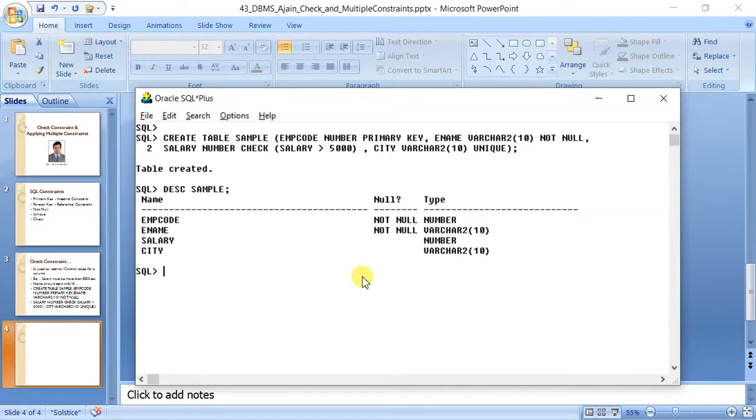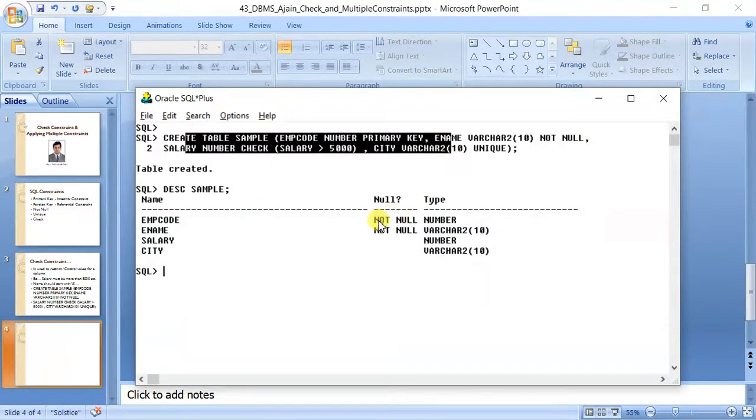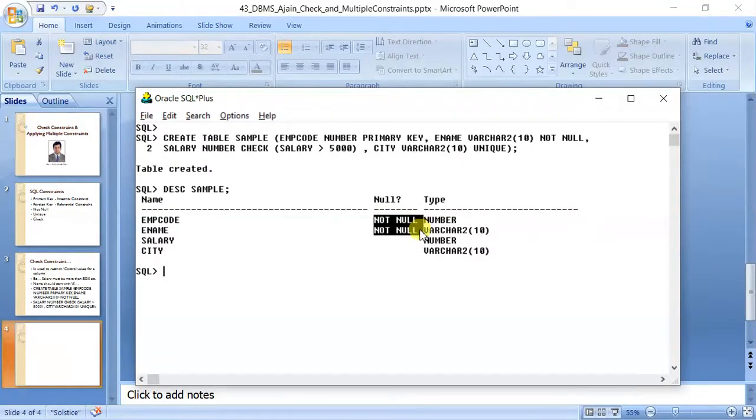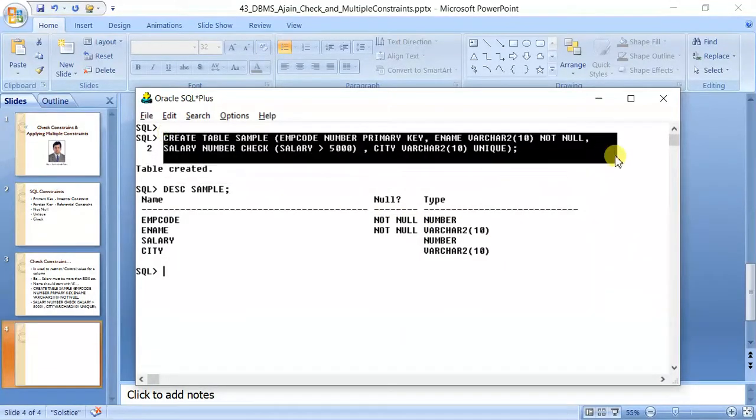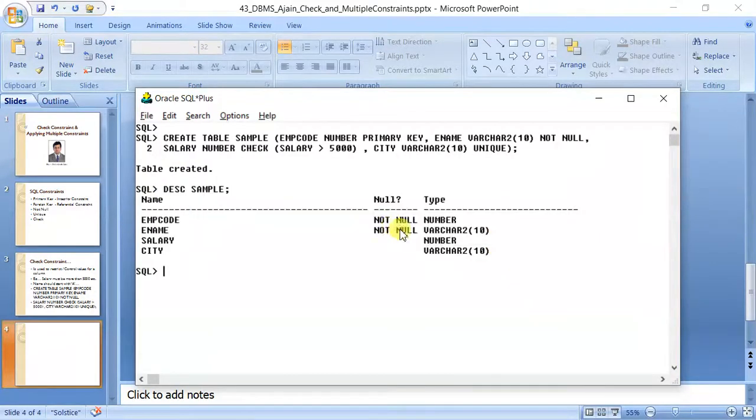Now it is important. You can see employee code was primary key, so you can see not null here. Employee name was not null, so again there is not null. Although I have created this table in front of you just now, therefore you can tell which one is primary key. But if I had not created this table just now and only shown you the structure, it is not possible for you to tell which one is primary key or whether it is a composite primary key or something else. I will cover it very soon.